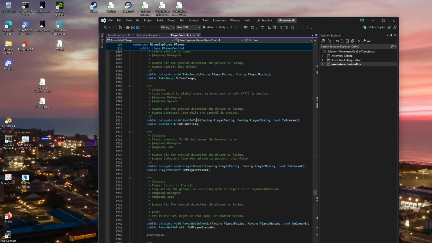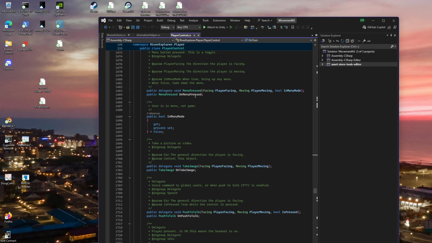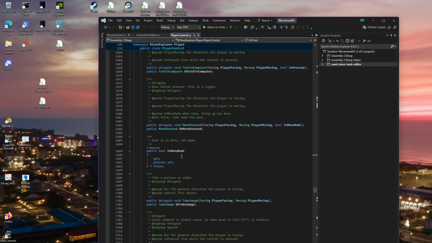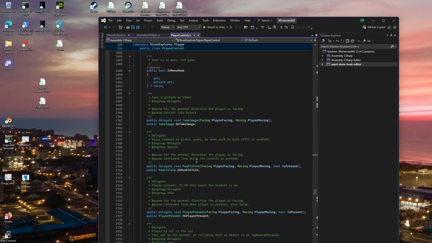Push to talk is different than talk to computer. Talk to computer was for speech to text. Normally, in a lot of games, there's an open mic. You can do push to talk in one, but the reason I actually invented this is in a text to speech world, in a speech to text world, you press down on the left button to talk to the computer,